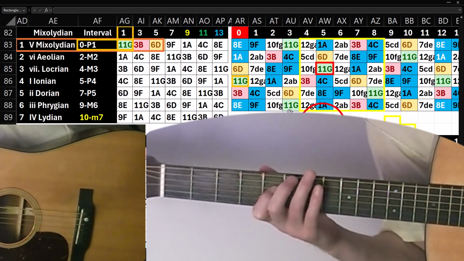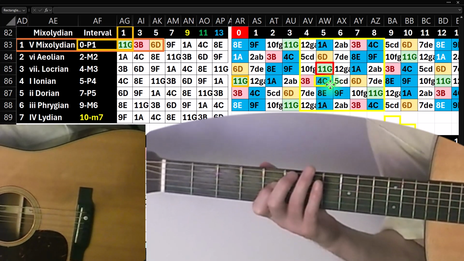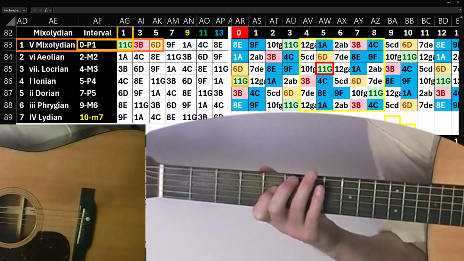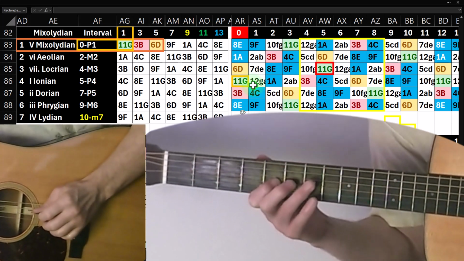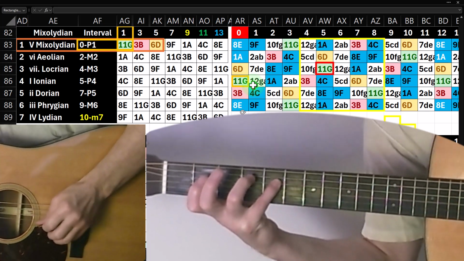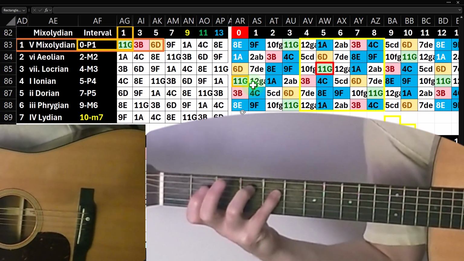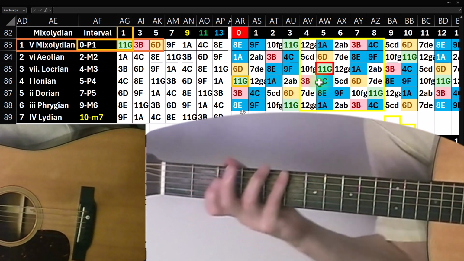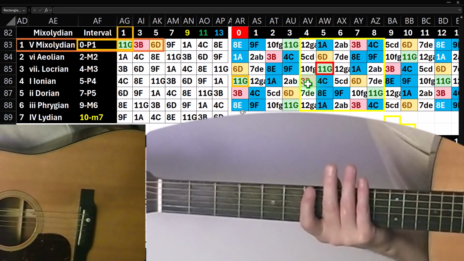All right, let's go down. If I go down one, it's going to be 5, 4, 3, 2, 1, and then 0 or 12. I can count here: 5, 4, 3, 2, 1, 0 or 12. So there's that. So that means that if I go down one string, the octave is always going to be